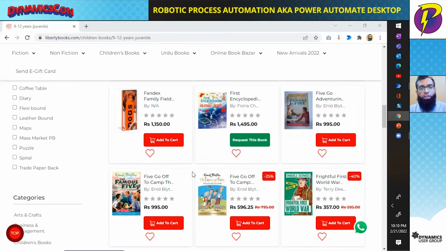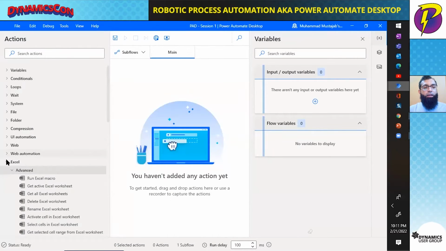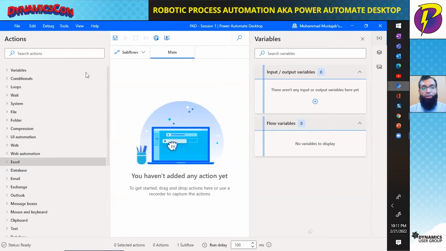Even if I do spot checking, there is a possibility that I may miss a lot of things and make a mistake. So what's the quickest way? I know: Excel import, doing a VLOOKUP, doing a comparison of all the columns. That's one quick way, right? How can Power Automate Desktop help? Let's explore that. Now, if I go back to my other screen, for the web extract here,